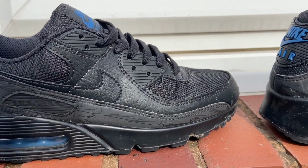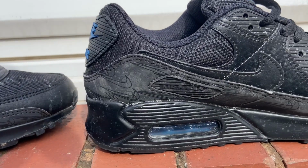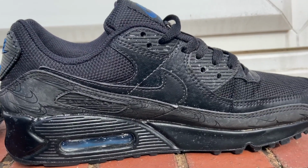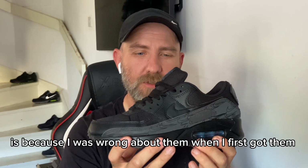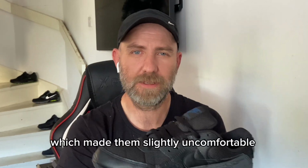And let's just jump straight into this re-review of the Air Max 90 Dark Marina Blue. I've been wearing them for 6 months now. They're really nice sneakers. But when I first got them, I was a bit hesitant about wearing them, because they were really stiff around the toe box. The reason I'm giving you an update is because I was wrong about them when I first got them, okay? They were really stiff around the toe box, which made them slightly